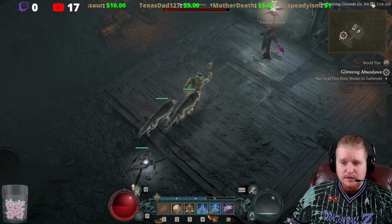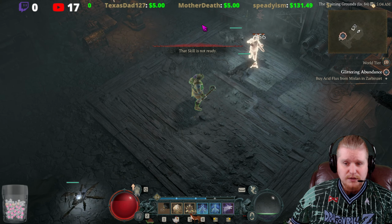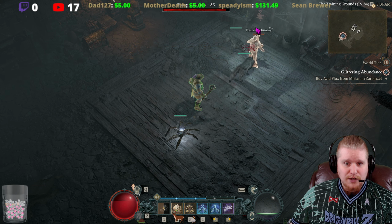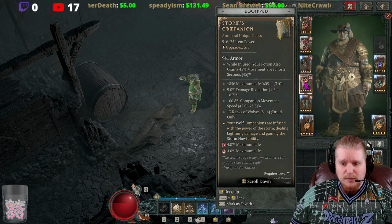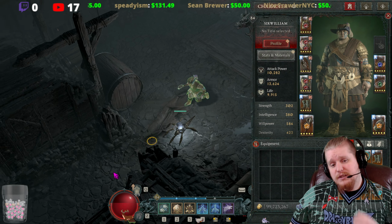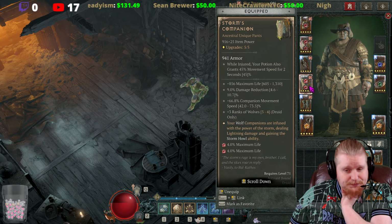And when you're not using the teleport thing, they actually jump. As you can see, this one even kind of missed entirely somehow. I don't know how that happened. It doesn't really happen with Storm's Companion. One of the issues with this particular pair of pants, though, is that, well...